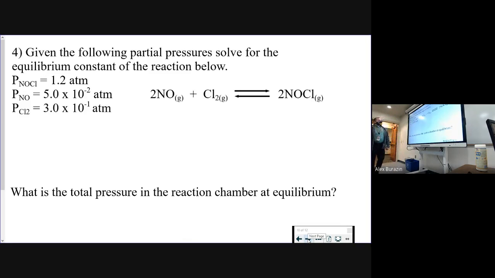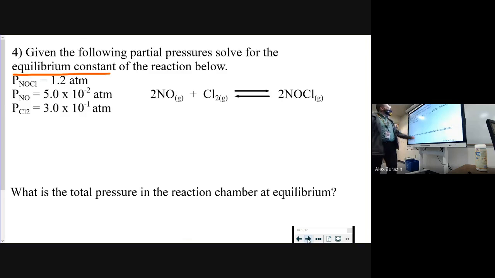All right, here's a gas one. Given the following partial pressures, solve for the equilibrium constant of the reaction below. They're giving you partial pressures and they want you to solve for the equilibrium constant and there's nothing else given. We can kind of assume that these must be equilibrium partial pressures, because they would have to give us more